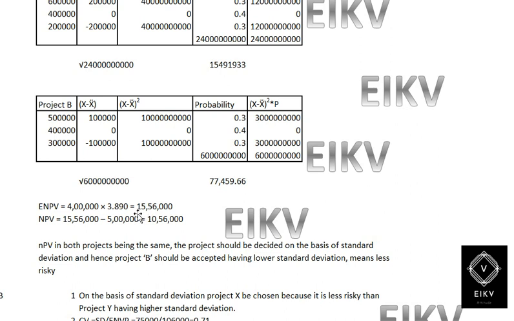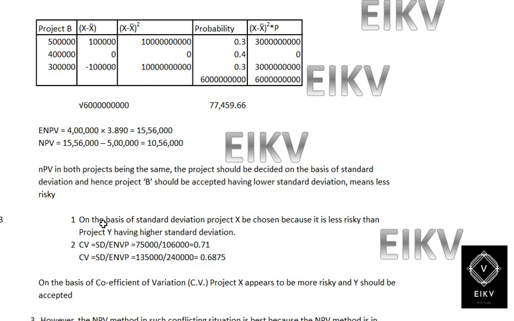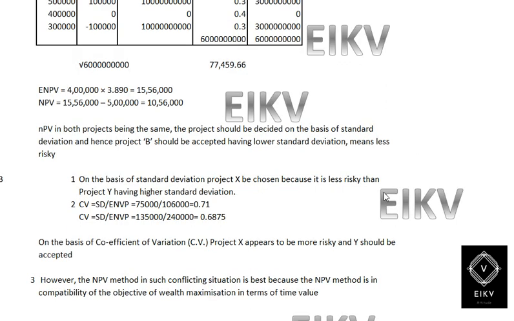So the expected NPV, which is 4 lakh into 3.890, gives you 15 lakh 56,000. So NPV will be 15 lakh 56,000 minus 5 lakh, that is 10 lakh 56,000. NPV of the both project being the same, it is decided that on the basis of standard deviation, and hence the project B should be accepted. Having lower standard deviation means